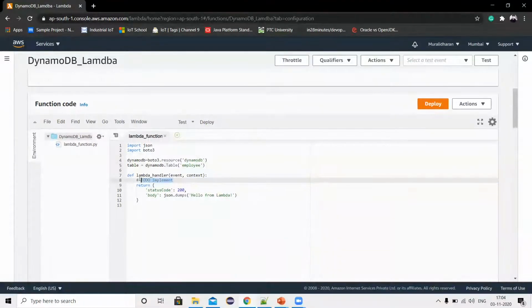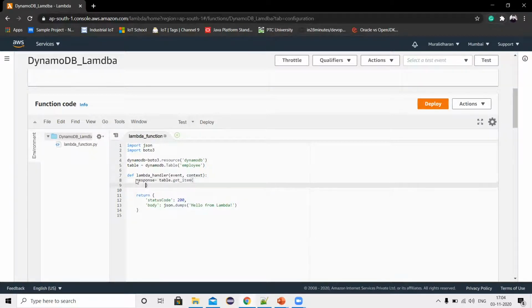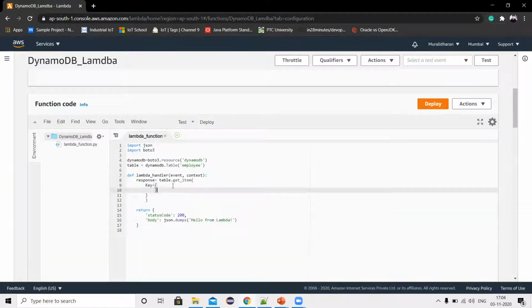Here I'm going to write the logic to get the data. response equals table.get_item. Here I'm going to get the item, and I have to provide the key. Based on the key I'll get the data.